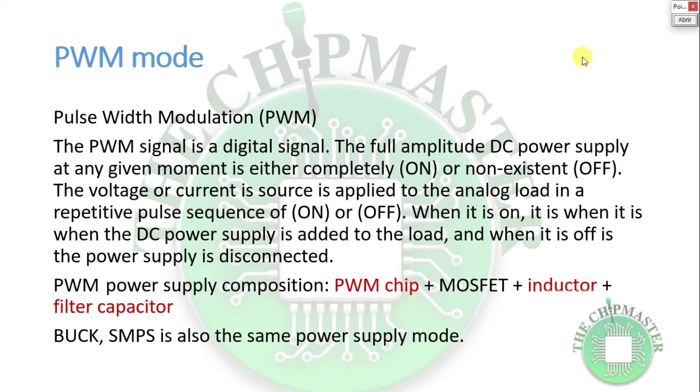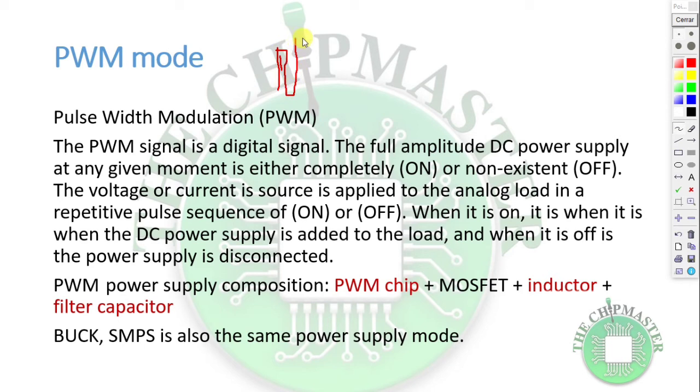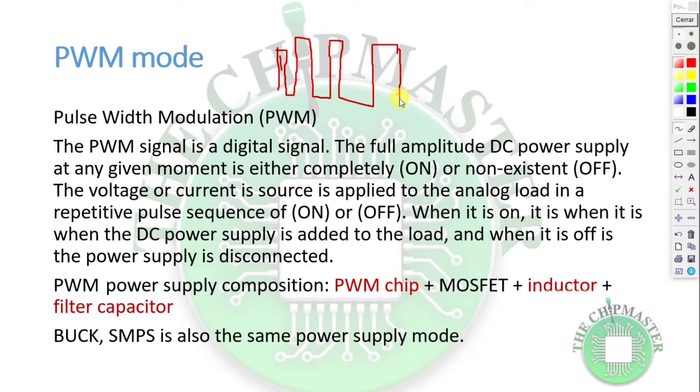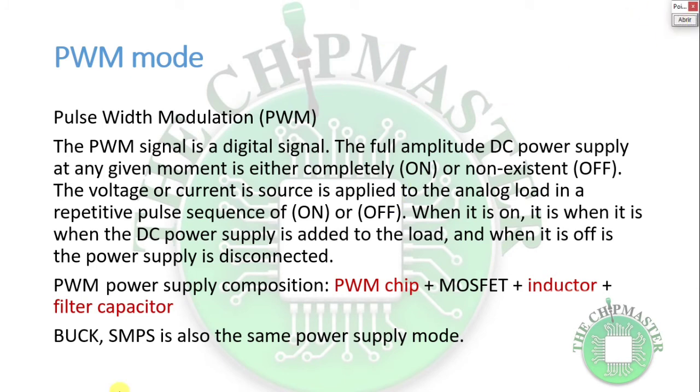So a typical pulse width modulation on an oscilloscope looks like this, a pulse wave going on and off. Depending on how long the MOSFET switches, the pulse width is generated, which is how long the upper MOSFET will switch. So a PWM power supply is composed of a PWM chip,